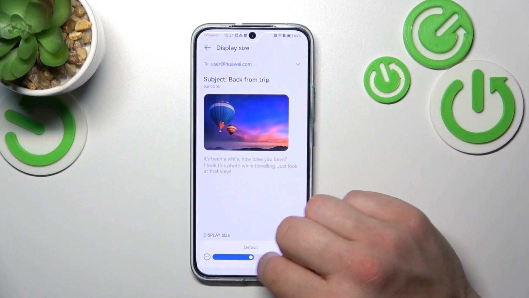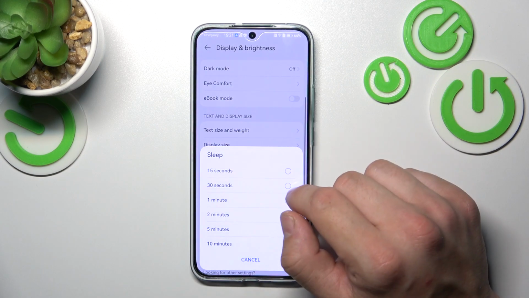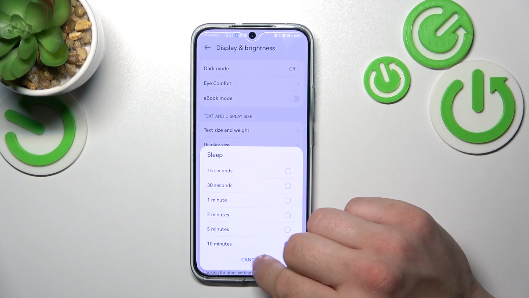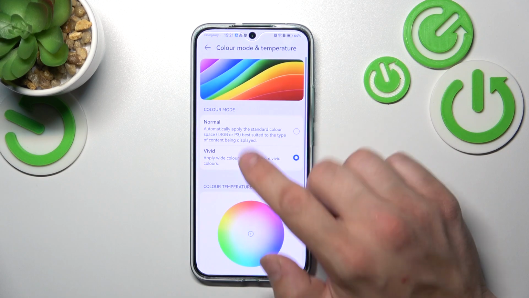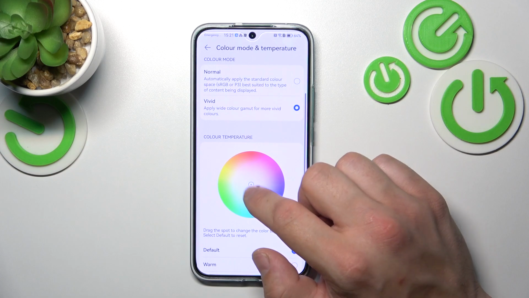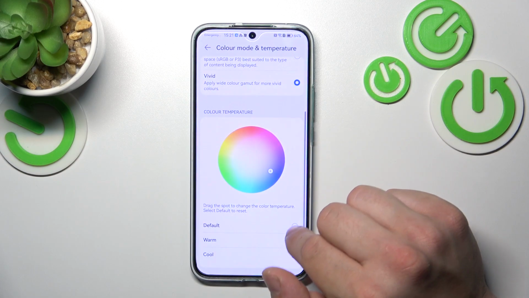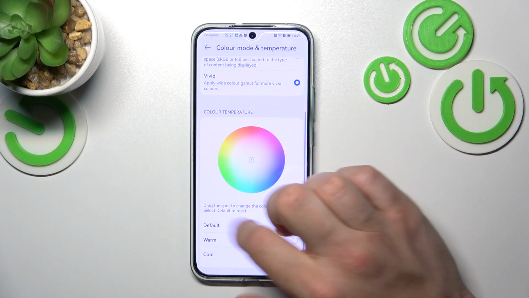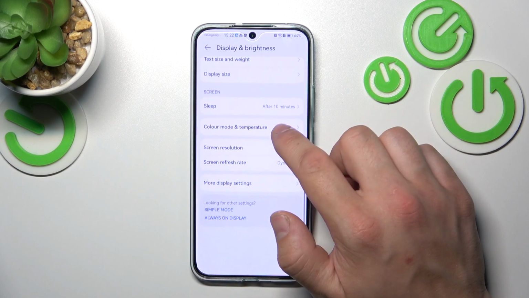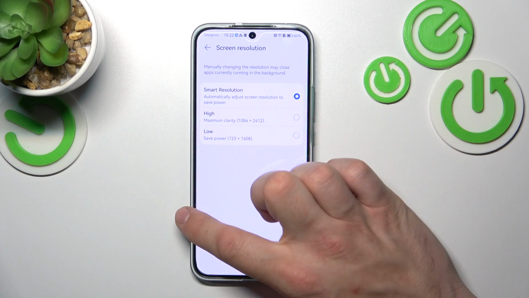change display size, change sleep timeout between 15 seconds and 10 minutes, adjust color mode and color temperature, change screen resolution between smart, high and low,